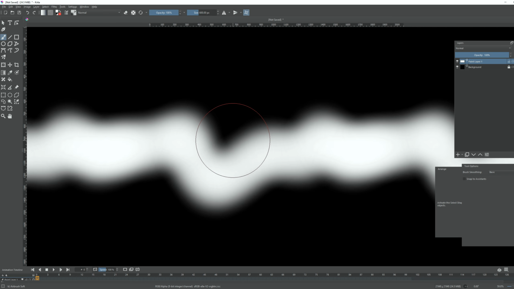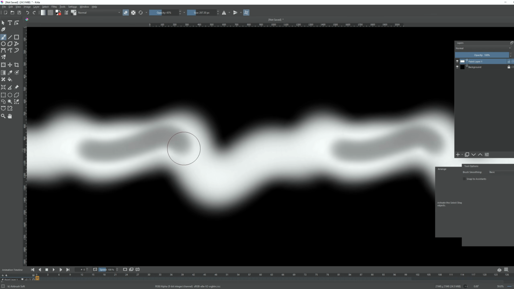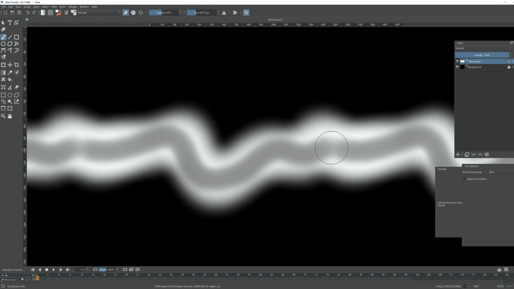But still in wrap mode now, we are going to use the erase tool, decrease the opacity to around 40, and decrease the size to around 200-250 pixels. And with one stroke, we are going to erase what's inside of this line, and then erase a bit here and there, in the inside, and erase as well on the outside.